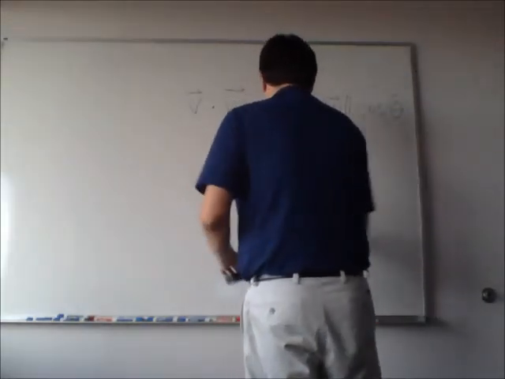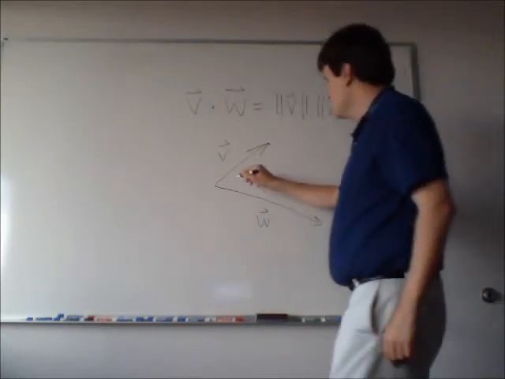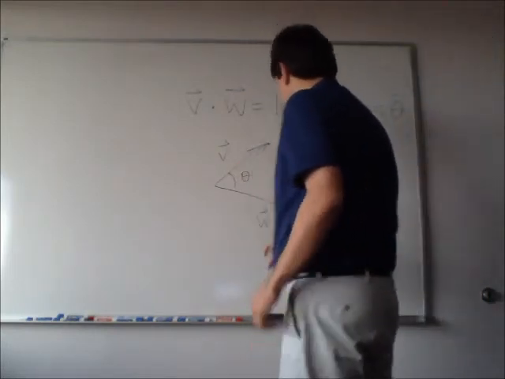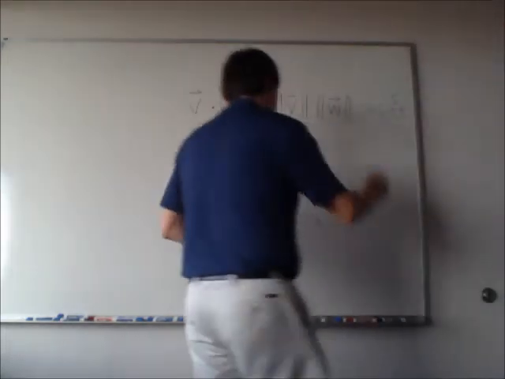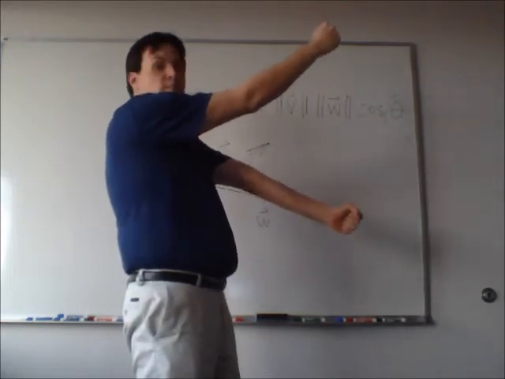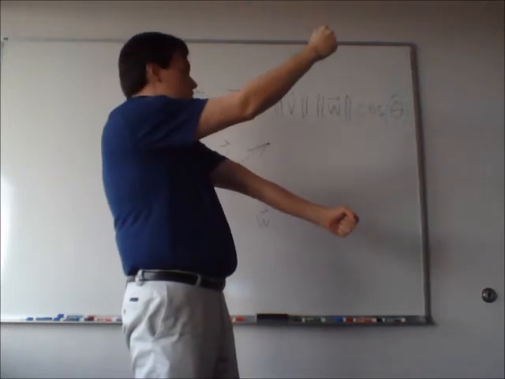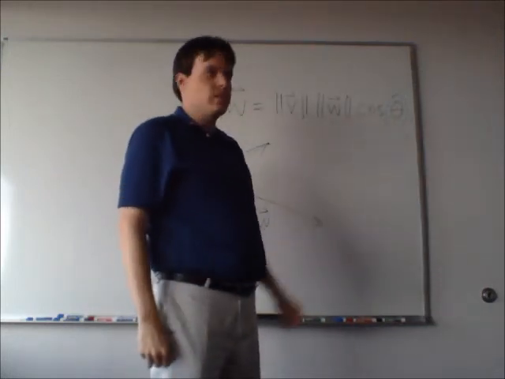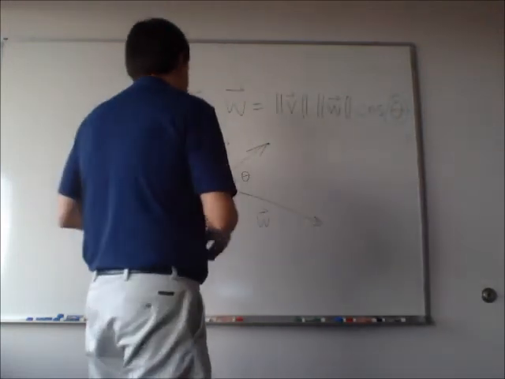So I'm trying to draw the same vector. I probably got it a little bit wrong, but I want this vector and this angle here. That's the angle between the directions of V and W. You notice that V is going this way and W is going this way, and the angle between those is an acute angle. The angle that I've drawn previously was an obtuse angle. That is not the angle that you get out of this formula. Okay, so to say a little bit more about what this does tell you,